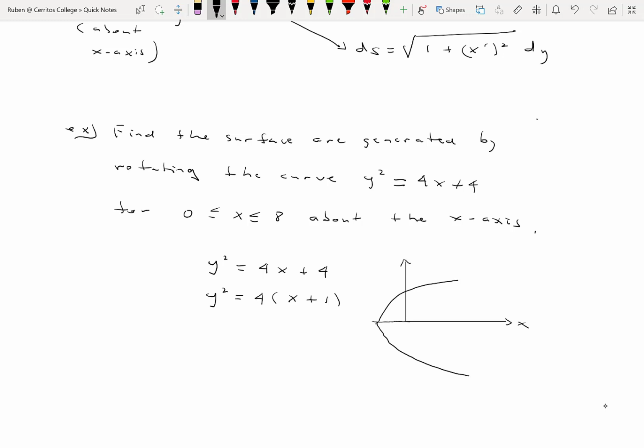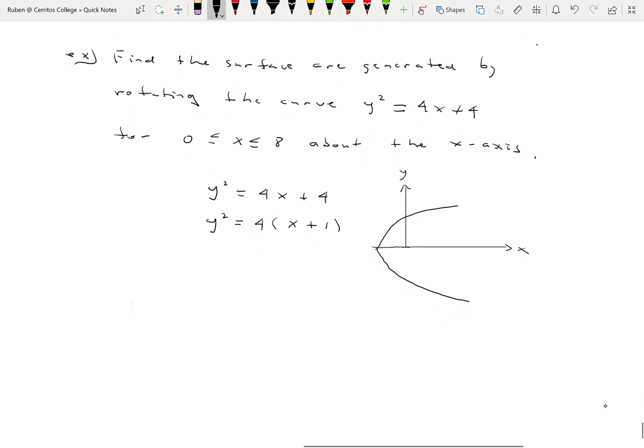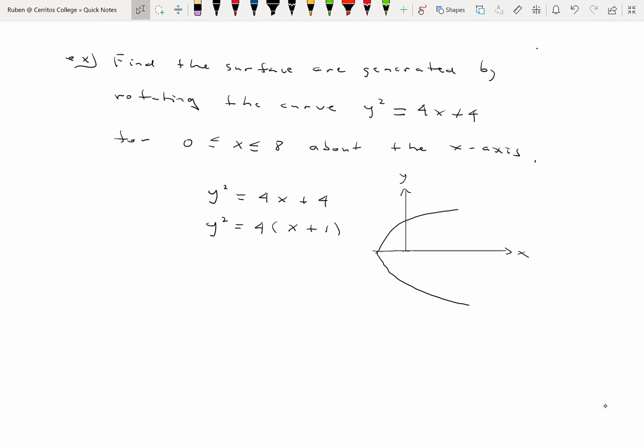If you take the parabola that opens to the right and spin it about the x-axis, it doesn't matter if you take the upper half or lower half and spin it about the x-axis. We still get the same surface area. Okay, so we're safe there. We don't have to identify ahead of time whether y is positive or negative. To make things simpler, though, we need to make a choice when we solve for y. If we solve for y by taking the square root of both sides, we get y equals plus or minus the square root of 4 times x plus 1,